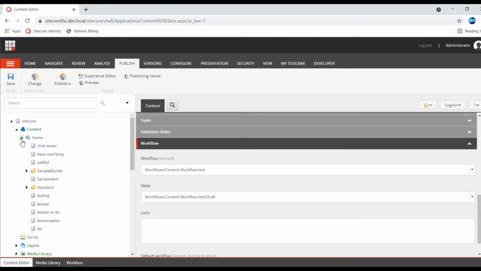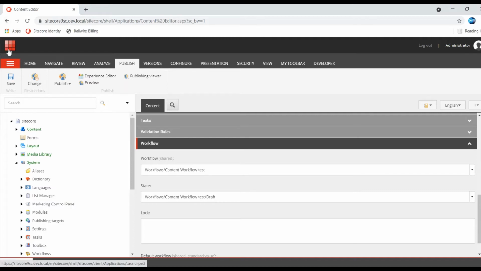So now I am going to consume it, and I implemented some real-time scenario for how to implement. For that I am going to create two roles: content editor role and content manager or content approver role. So let me create two roles here.